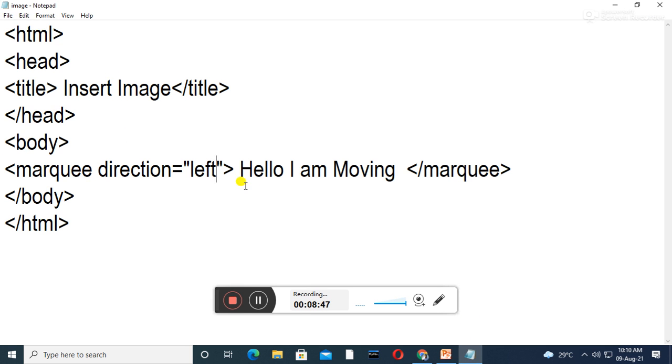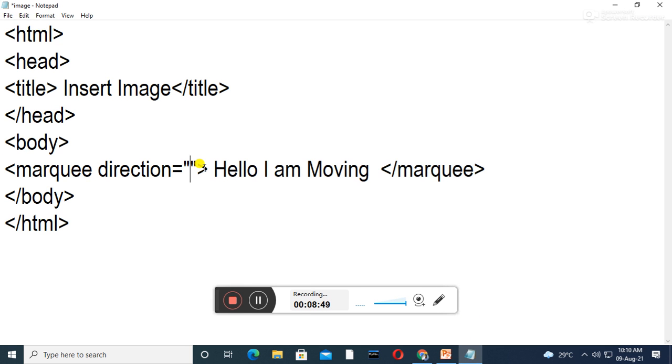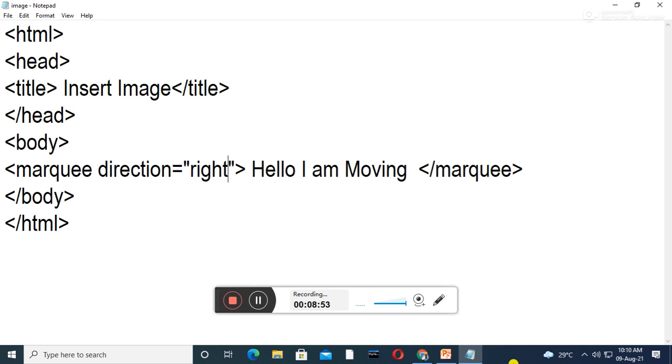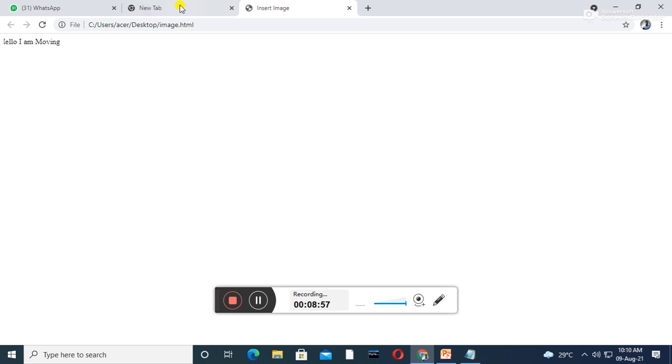It is moving towards left. Now the next one, right. Refresh this. It is moving towards right, from left to right.